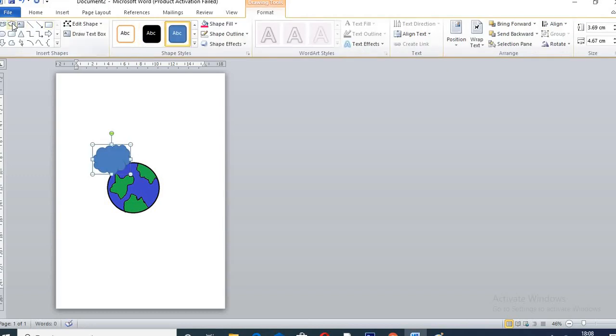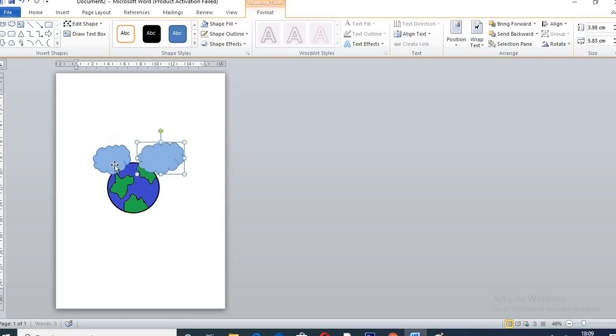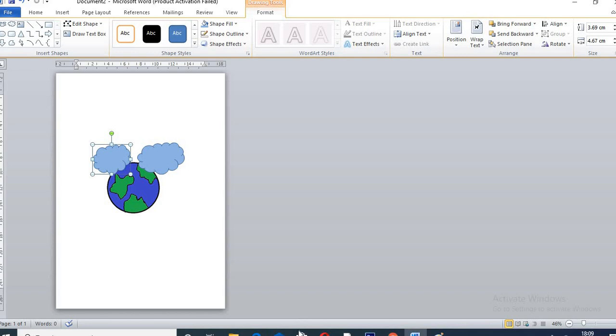Make two clouds here. Now change the colors. If you don't want the outline, you can remove the outline from here. But here I will take.